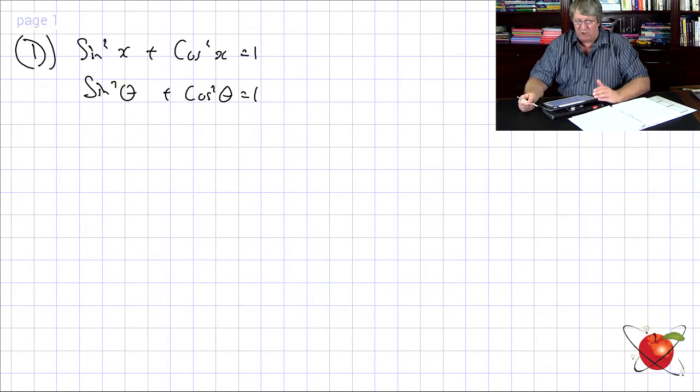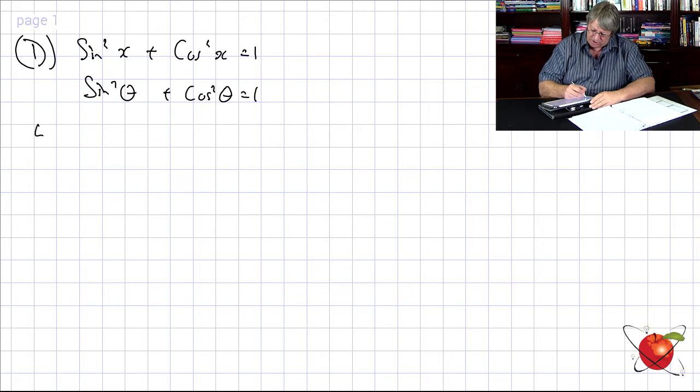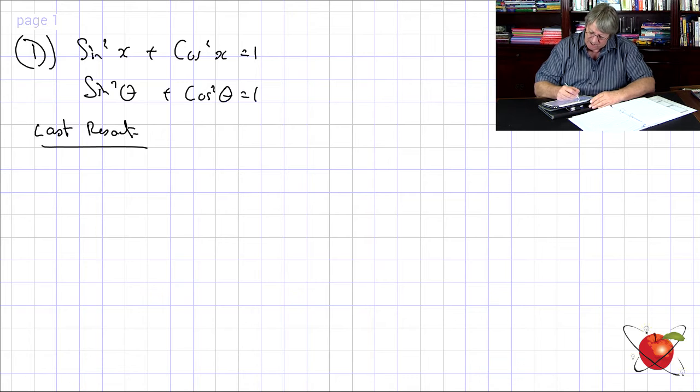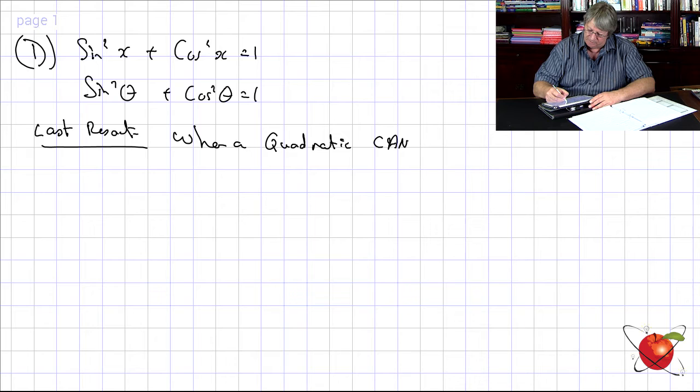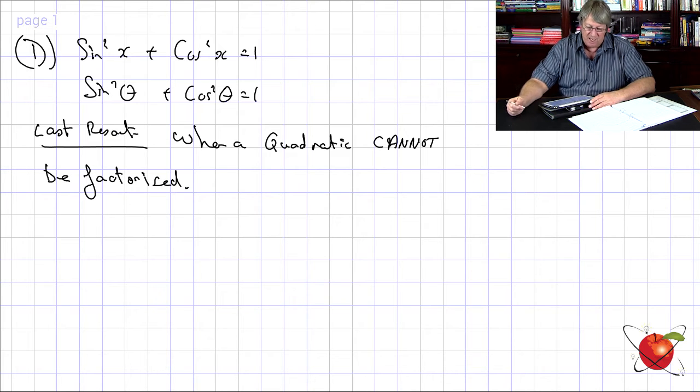Also, it depends if they've got a sine or a cos in there. Now just remember, this is a last resort, generally. And when do we apply it? When a quadratic cannot be factorized. All right, like this, only this, right? When we have got a